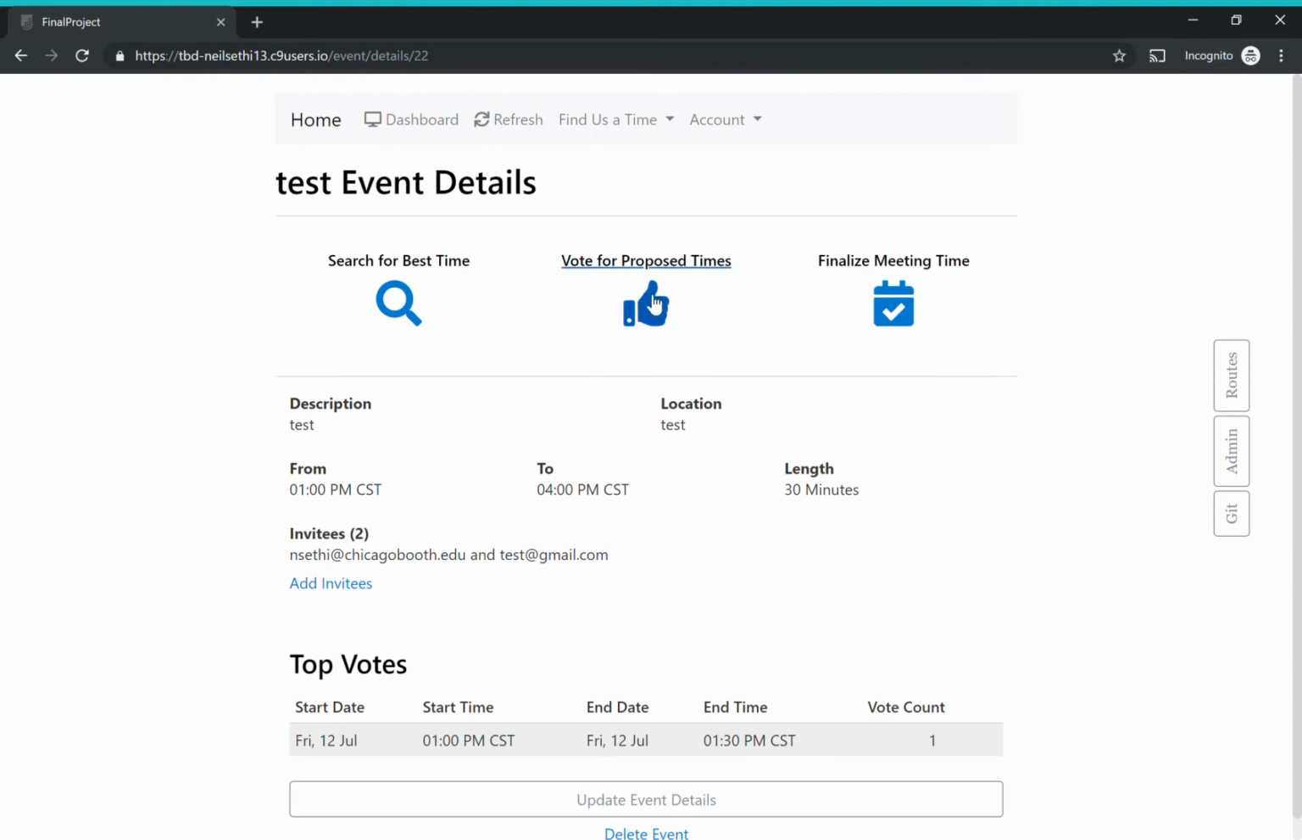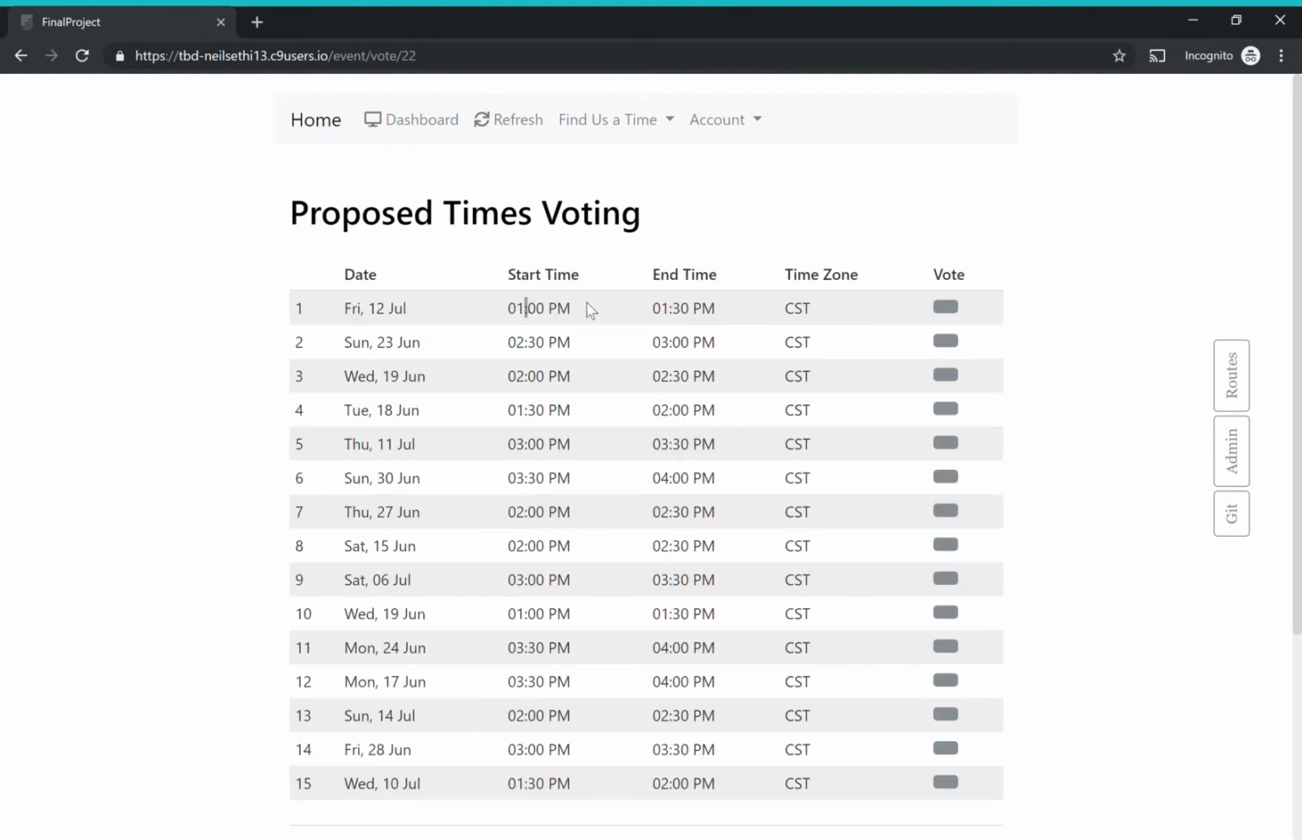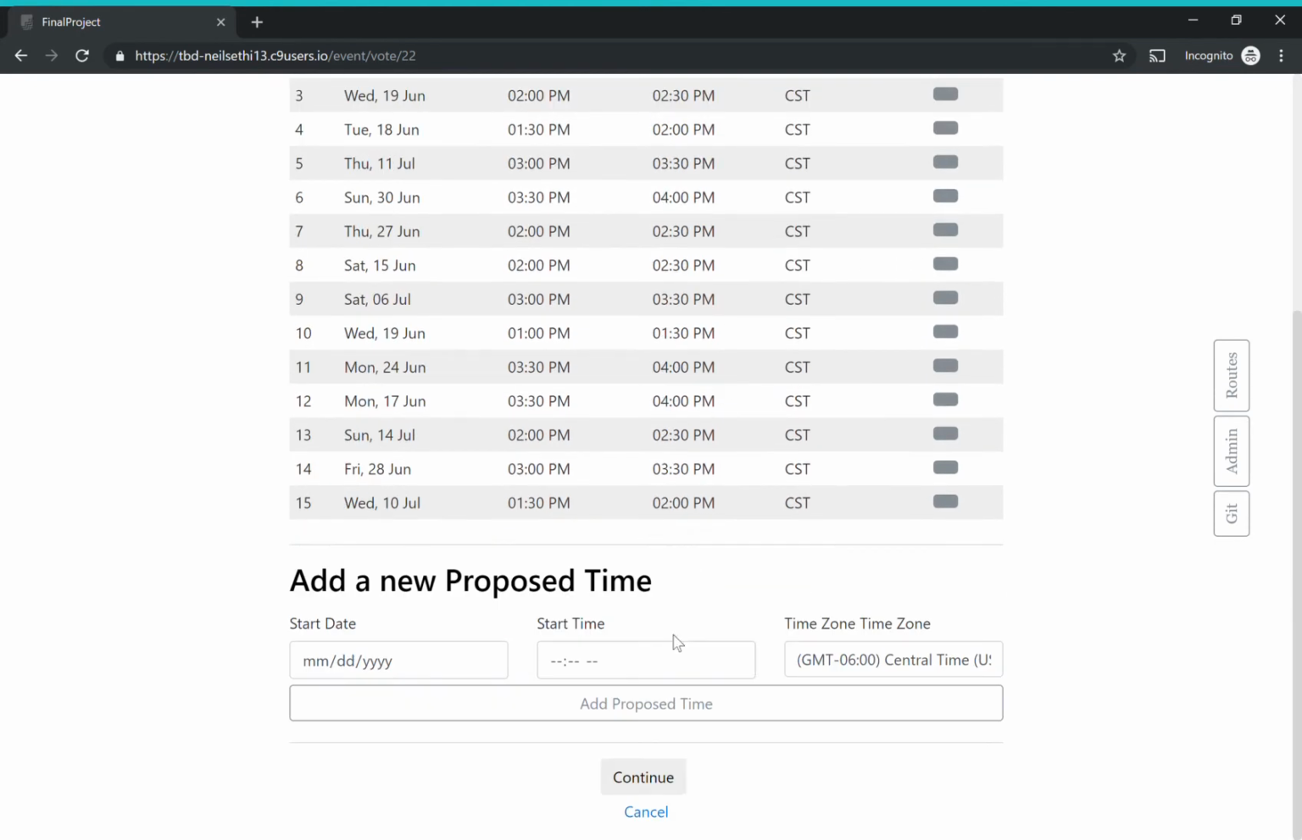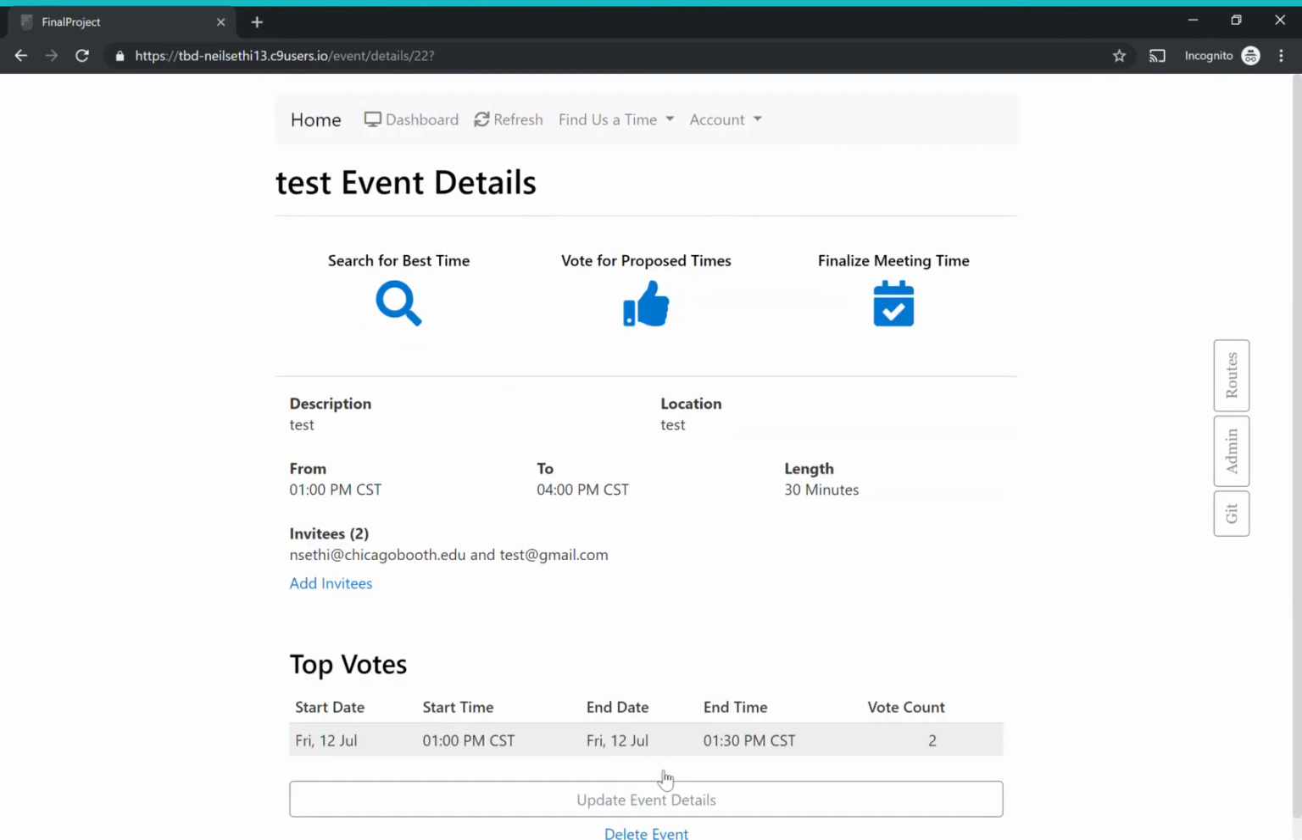There it is. Perfect. Let's look at the proposed time ourselves. This was the one that was selected. Let's also select it. Great. If we continue, we go back to the details page and we now see this vote count is 2. After all attendees would put in their votes, we would